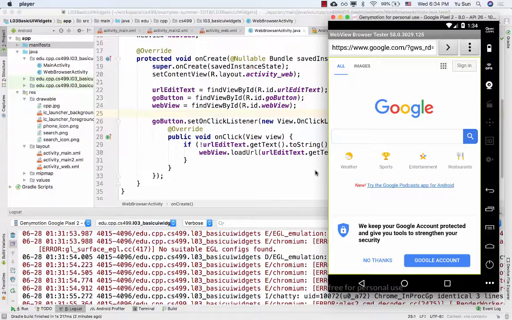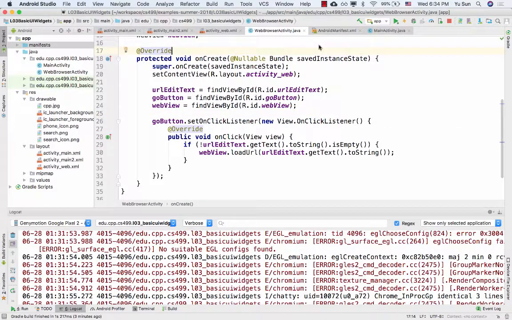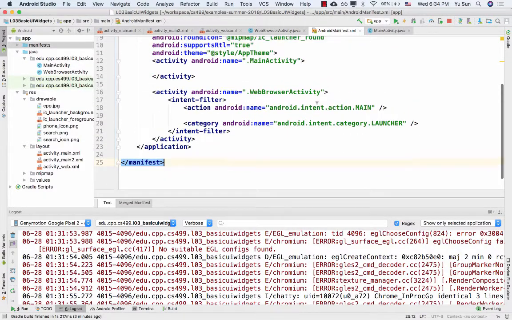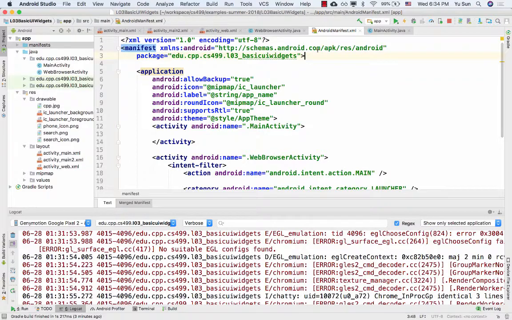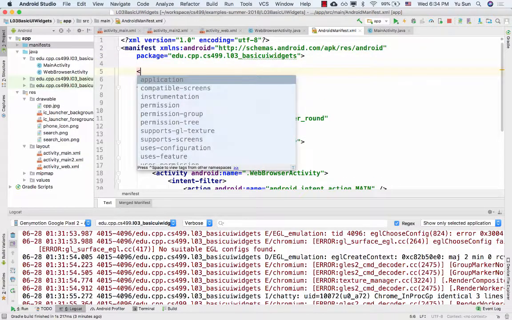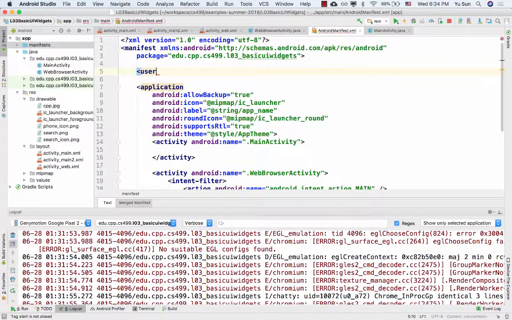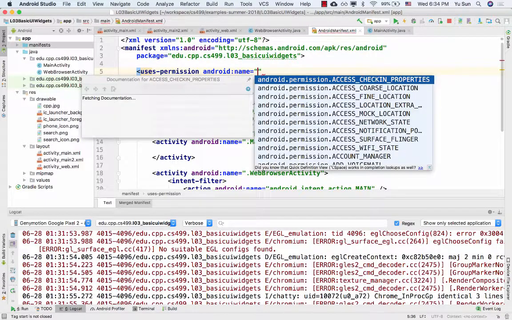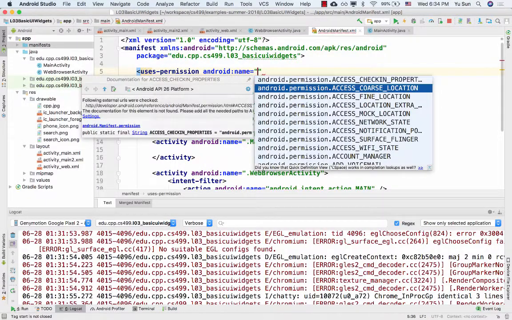Access network state. This is a permission that allows you to know whether your device is connected to the internet or not. Wi-Fi state. We need something called internet. If you ask for this one and then push there, Android knows that you're going to ask for that permission. All right, so now if you run this,